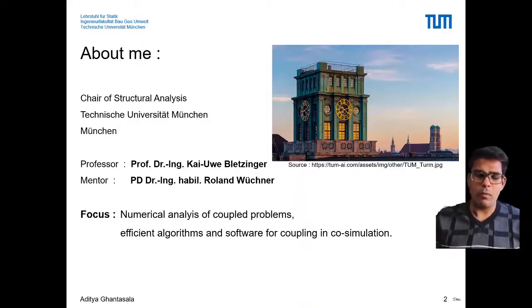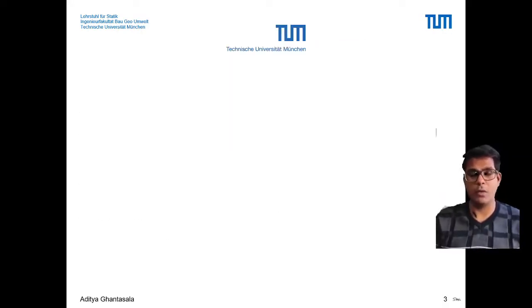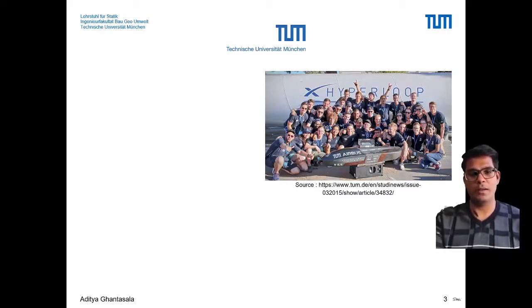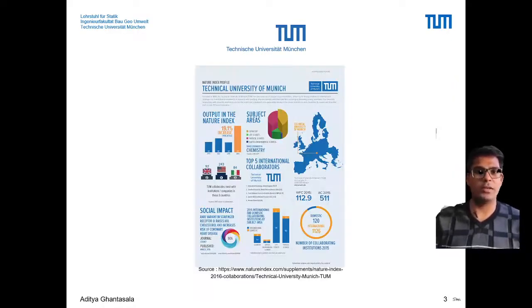And why did I choose TUM, the Technical University of Munich, for my PhD? I can go on and on about reasons why, and here are a few of those reasons. We have a cool Hyperloop team which has been on the top of the contest almost all of the time. And according to the Nature Index, TUM has 1,126 international collaborations, and it can only help during my PhD and everyone who is doing PhD, master's and bachelor programs at the Technical University of Munich.